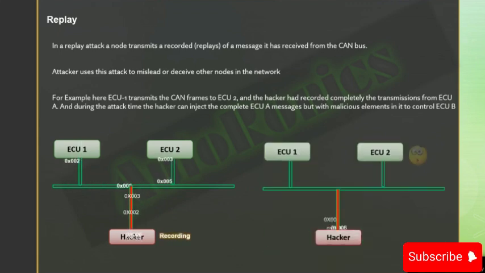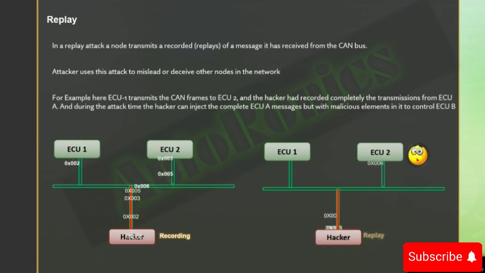Now when it comes to replay, directly the hacker can ingest these messages to ECU2. Basically he can either isolate ECU1 or he can also send along with the messages which are present from ECU1. At the end, ECU2 will not be able to understand what is happening, or it may behave abruptly. Let's say in this case, if ABS is hacked, we can send the messages which are coming from the other ECUs to ABS, and while driving the ABS can behave abnormally. In fact it will not even allow you to accelerate.